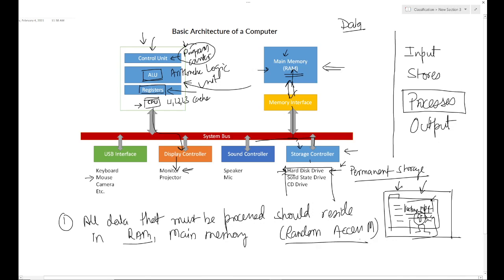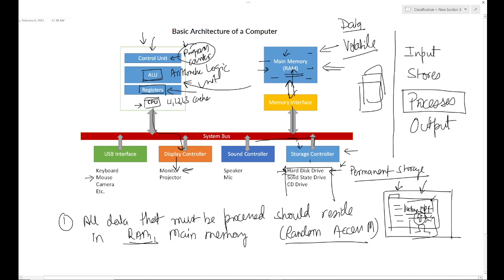Why is it called random access? Random means I can pick any location and I can either write to it or read from it without flipping pages. Suppose I ask you, write letter A on the fifth page of your notebook, you will have to flip the fifth page, right? So this is a notebook and you will be flipping page 1, page 2, page 3, and then you will be writing. But in main memory it is not like that. It can directly write to any portion inside this main memory. Therefore it is called random access memory, and it is both read and write, but it is volatile.